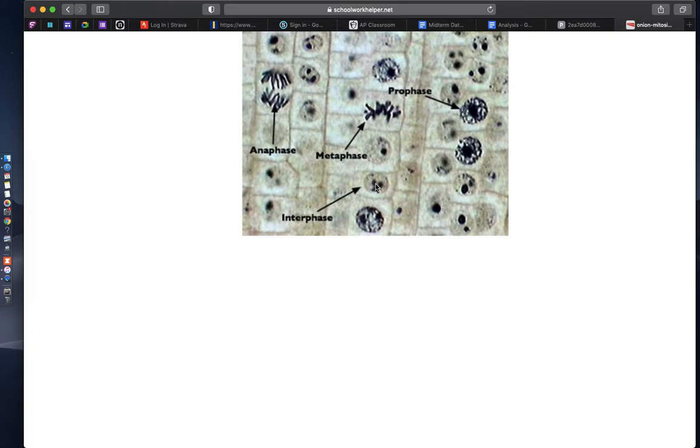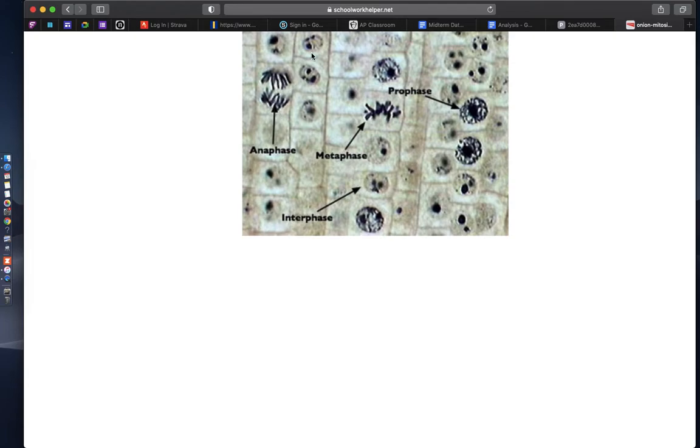Obviously, we can see cells that don't really have a lot of condensed visible DNA. We might see a stained center, which is the nucleus and the nucleolus, but we don't see the specific chromosomes. And then things like anaphase are going to be where we see those chromosomes being divided from the metaphase plate by the different